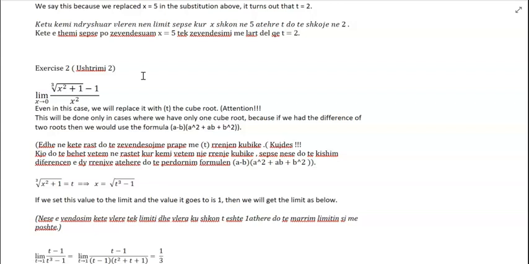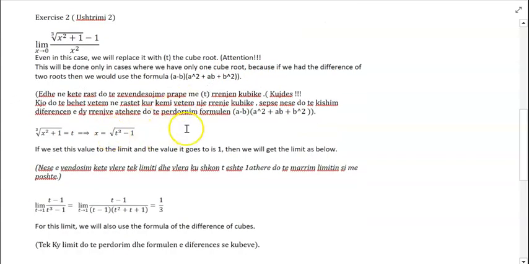But attention to it. This will be done only in cases where you have only one cube root, because if you had the difference of 2 roots, then we would use the formula that tells us that the difference of cubes is equal to a minus b times a squared plus ab plus b squared. Okay, now